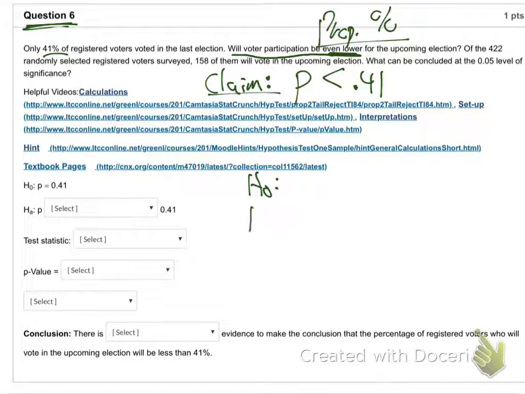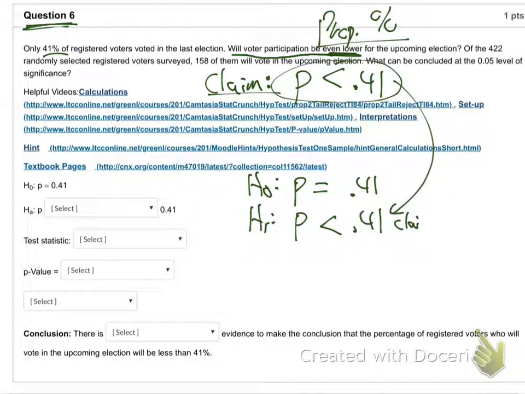Okay. H0, H1. What do we always do with those? Same letters, same numbers. So it's going to be P and P, same letter, 0.41, same number. H0 is always equals. So which way is H1 going to go? It's got to match the claim. One of them has to be the claim. So there's the claim. And now let's write weak and strong evidence. The first one is always weak evidence every time. The second one, we only go with H1 if evidence is strong. All right, to the calculator we go.